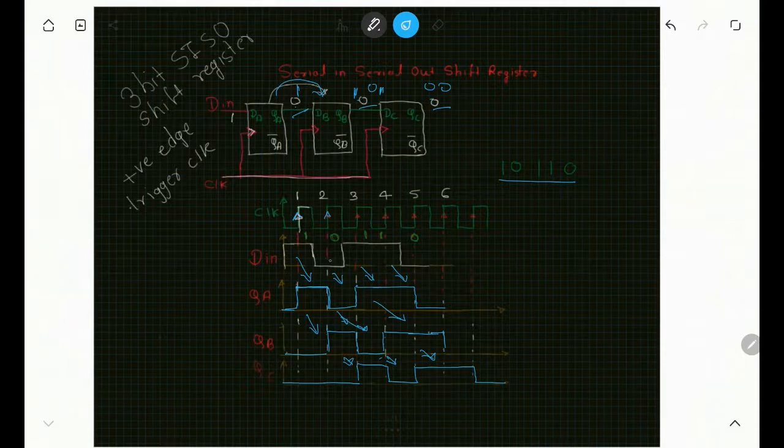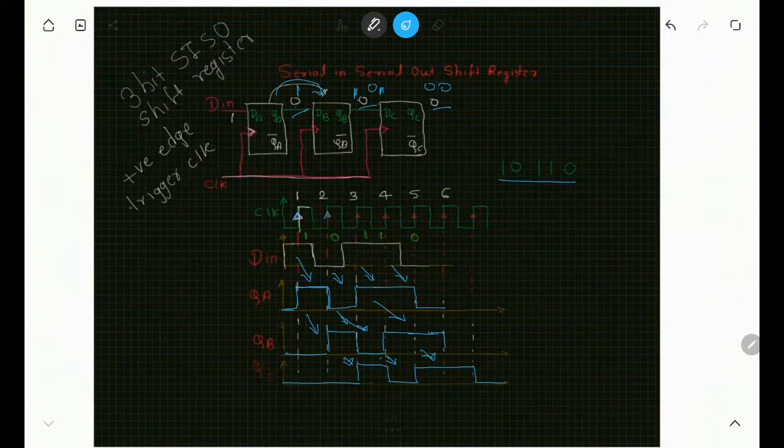When the data becomes 0 during the second clock pulse, in the positive edge of this second clock, the output changes. Thus this output is shifted to the right, and this QA acts as an input to the second flip-flop, and therefore